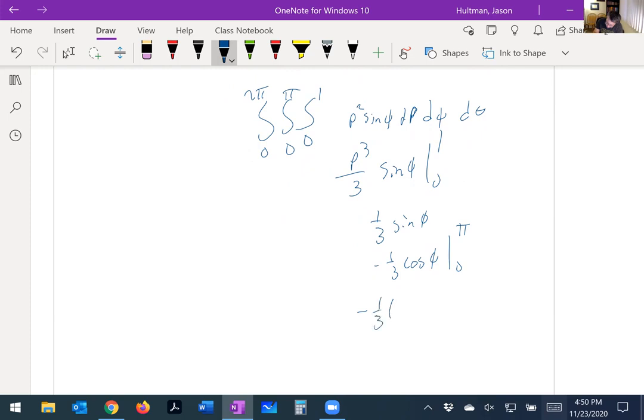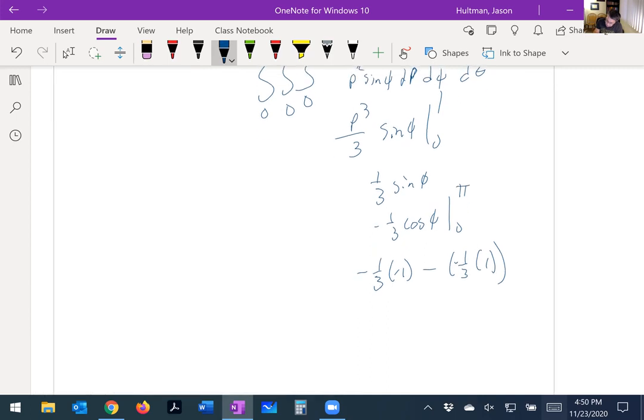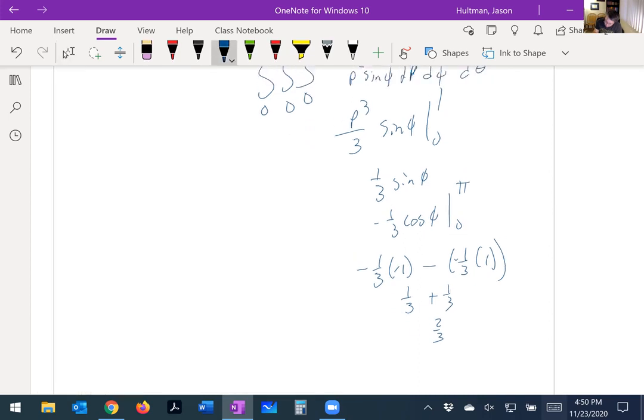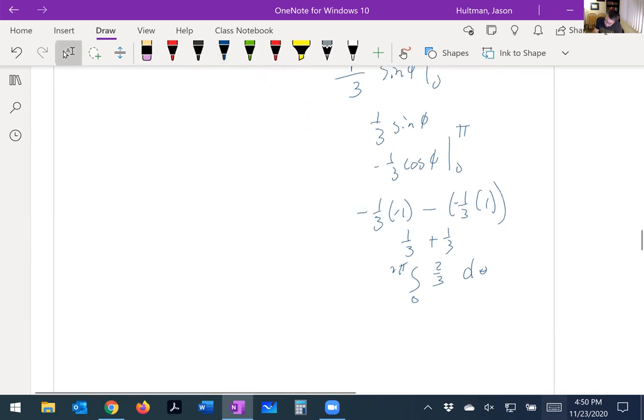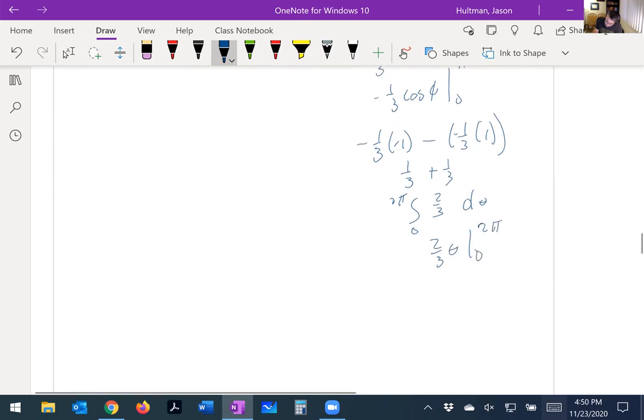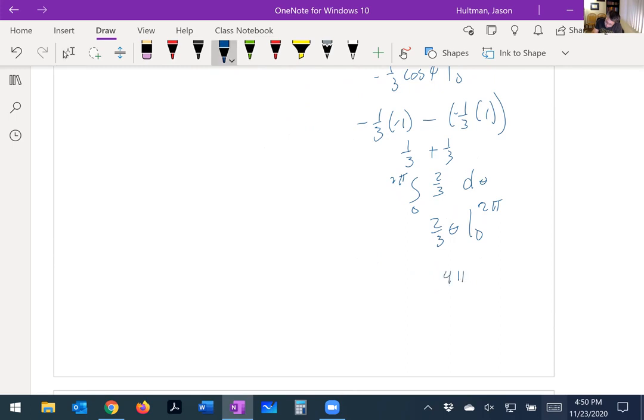So this is negative 1/3 of negative 1 minus negative 1/3 of 1. So this is positive 1/3 plus 1/3, which is 2/3. Then we integrate that from 0 to 2 pi d theta. So this becomes 2/3 theta evaluated from 0 to 2 pi. Plug that in, that just becomes 4 pi over 3,